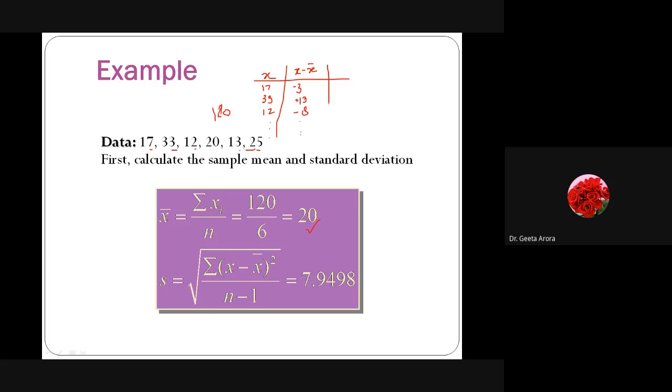After that, what do we have to do? We have to square it. We need x minus x bar whole square. So you have to figure out the square of each and every entry that you have written for x minus x bar. Make them square and write down the 6 values here. Now what is the next step? The next step is to sum them up and find the summation of x minus x bar whole square. Correct? I am not doing it here because the answer is in front of you. You have to use your pen and paper and do it.